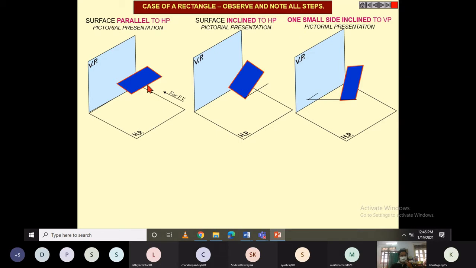If you look from the front, definitely from the front this edge is visible, because this surface is completely perpendicular to VP. So we are not in a position to visualize the entire surface. Instead of the surface, only these edges are visible, this front edge and rear edge. So basically both overlap. So when we make the projection of those lines, definitely it looks like this. This will be the front view projection for this case.